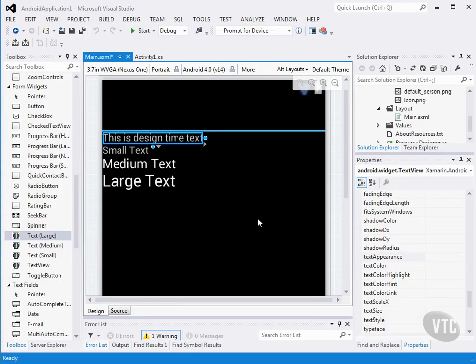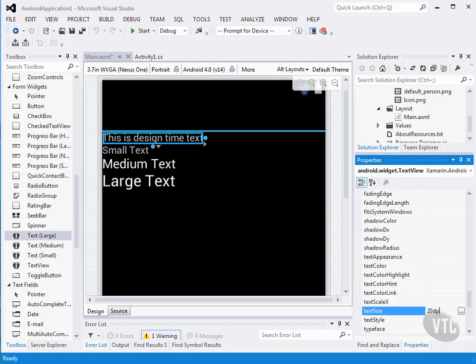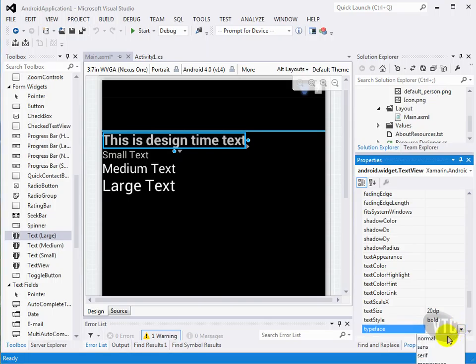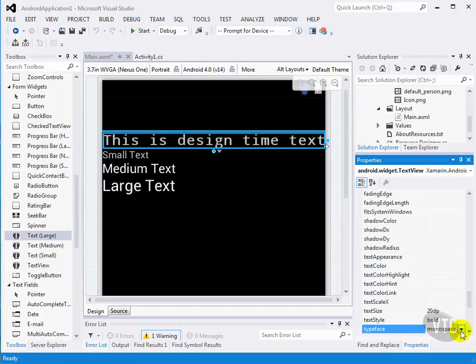So we can also take that plain text and we can make some changes to it. For instance, we can change its text size to 20 pixels. We can also change its text style to a boldface or an italic. And finally, we can change its typeface. And there aren't a whole lot of choices here. We can change it to a serif or a monospace or a sans serif